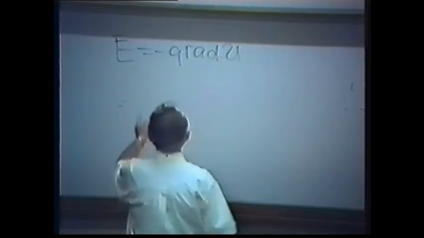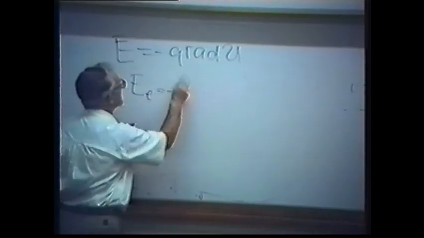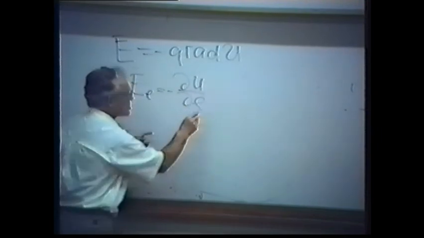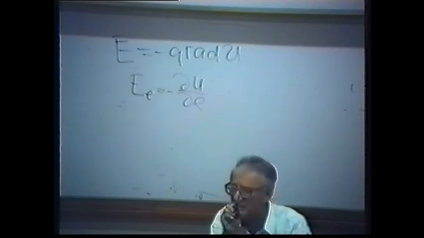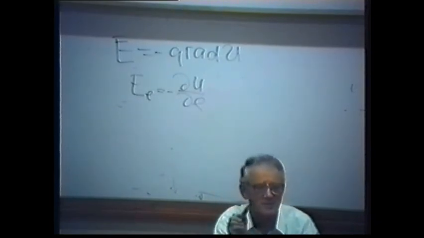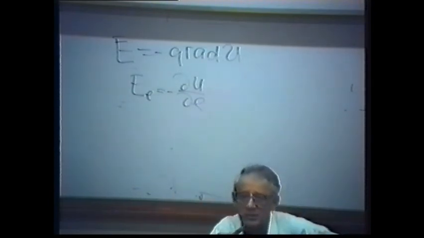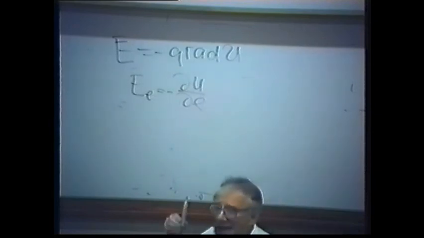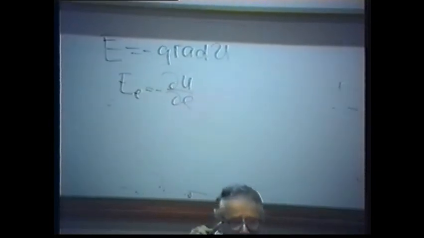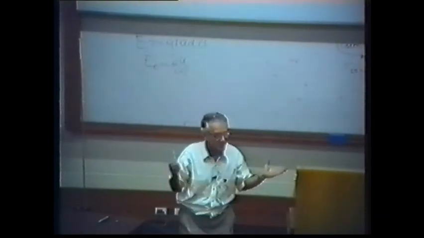Now, what does it mean, for instance? It means any component of electrical field equals dU/dl. So, for example, if I have potential at this point, take the difference, divide by distance, you will get, with accuracy of sign, minus the component of electrical field in this direction. You would like to know electrical field in this direction. Take electrical field at this point, take difference, divide by distance, and you get the component of electrical field in this direction.